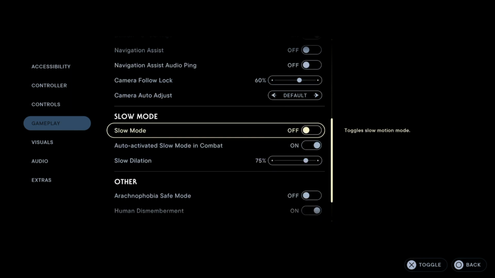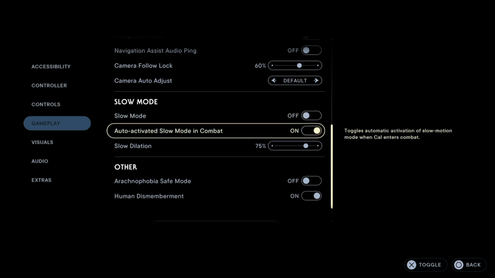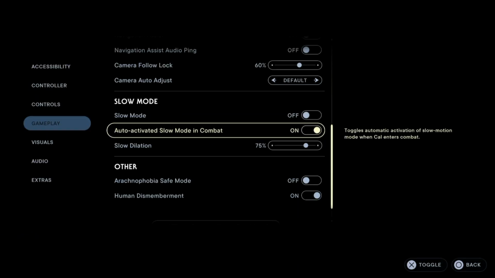Next thing on the list, and this would be the last one for the gameplay, is the slow mode. The only thing I changed is the auto activated slow mode in combat, because this says it toggles automatic activation of slow motion mode when Cal enters combat, not during combat, but when they enter combat. Sometimes enemies may sneak up on you, and even if you can see it coming, you would benefit from having slow mode starting when you enter combat, just so you can